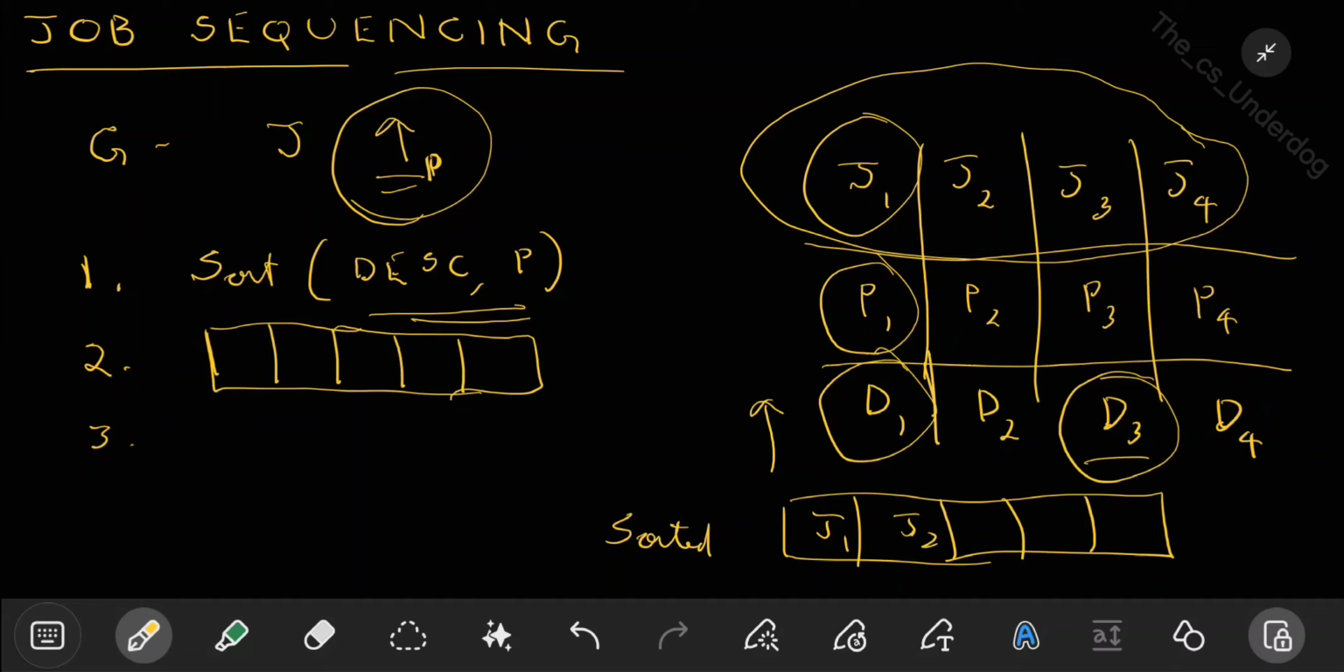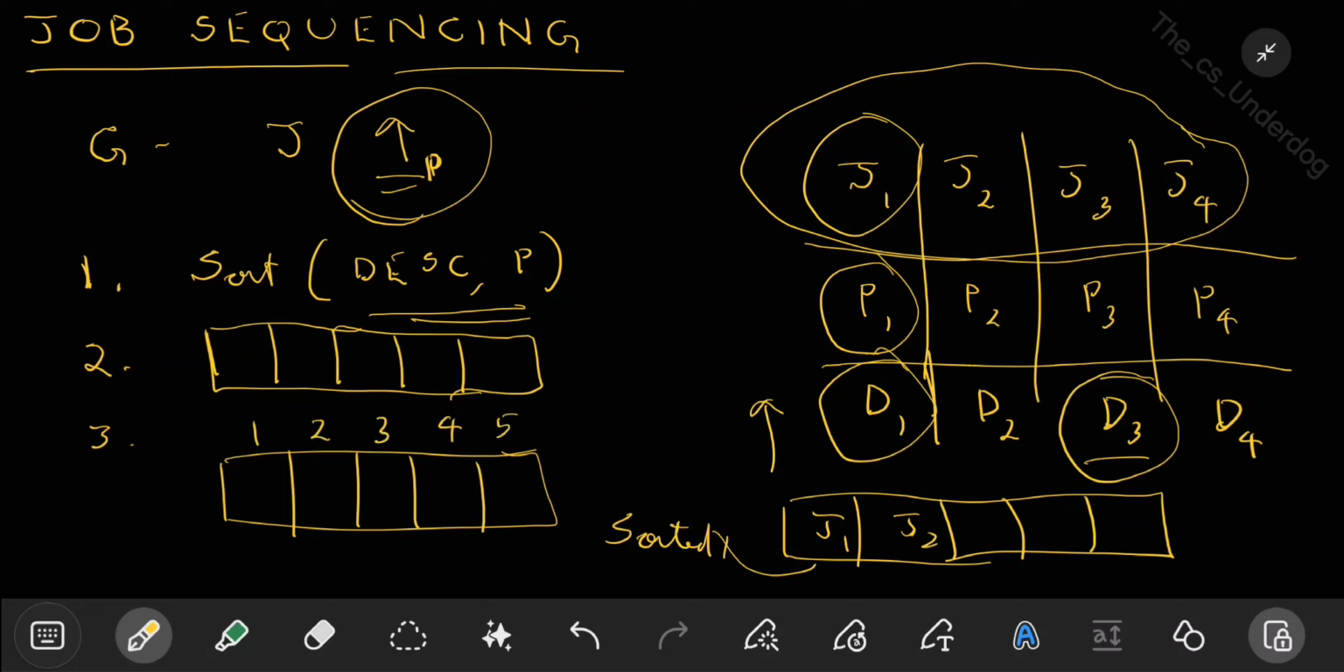What would you do? You will pick the first job from here, and you will see what is the deadline of that job. Let us say deadline of this job is 3. Okay, deadline of the job which is having maximum profit is 3. What will you do? You will try to allot it to the slot 3. Why are you allotting it to 3? You could have allotted to 1 and 2 as well, but you will allot it only to the